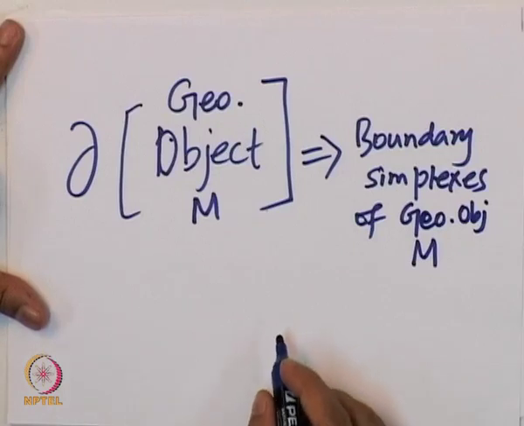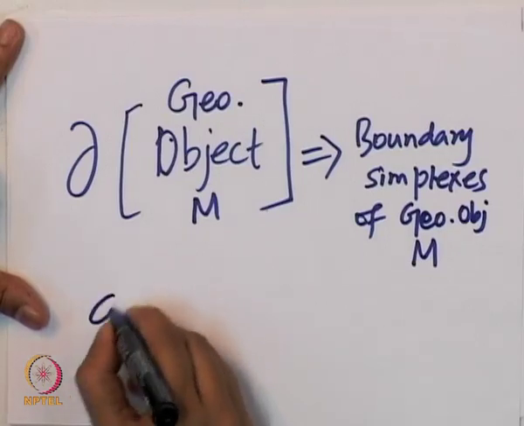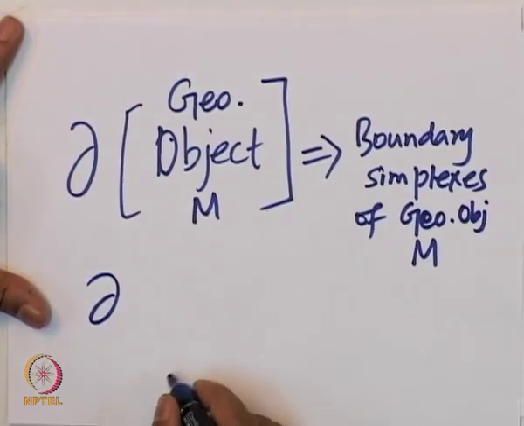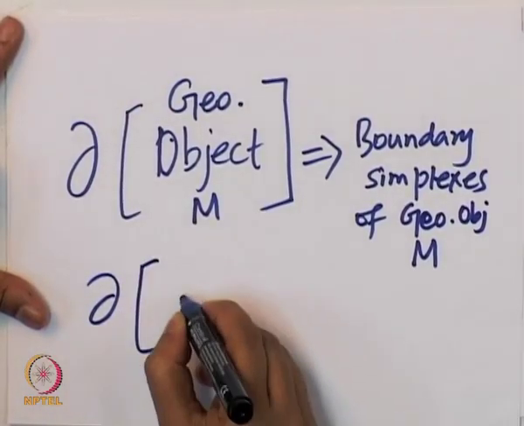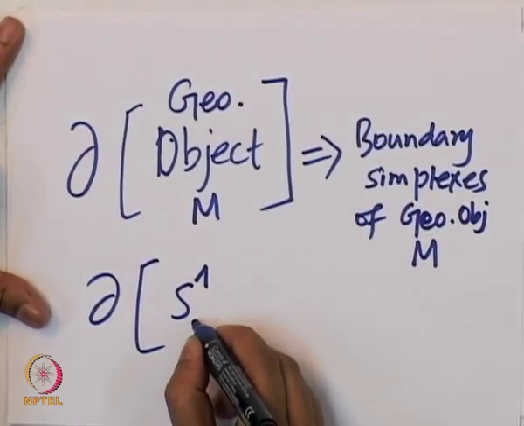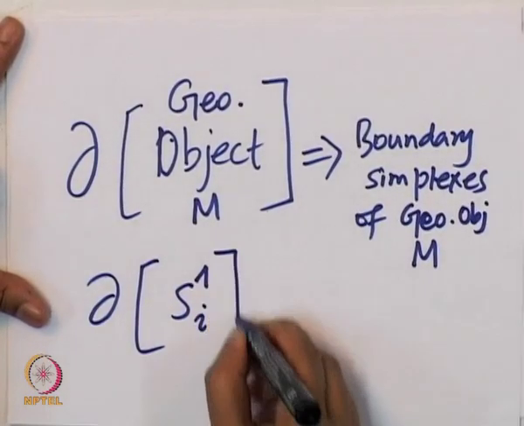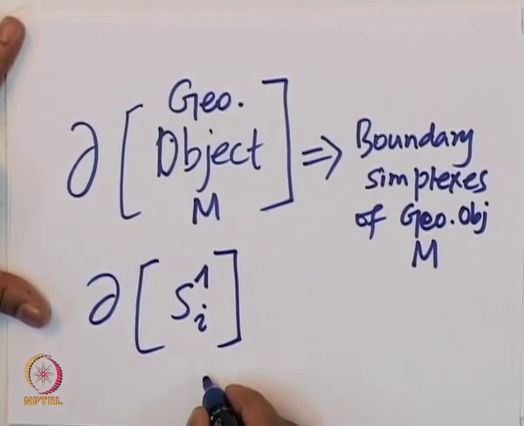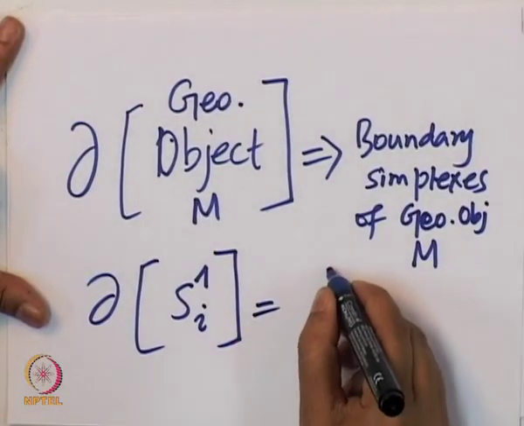So let us take a simple example. I give the boundary operator a 1 simplex. Let us say I am interested in an ith 1 simplex. So what it will give me is